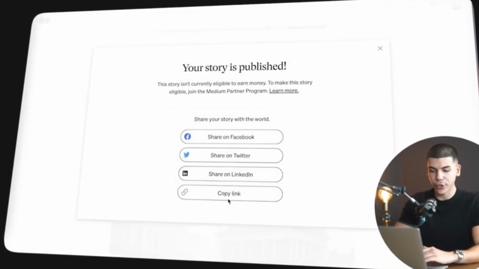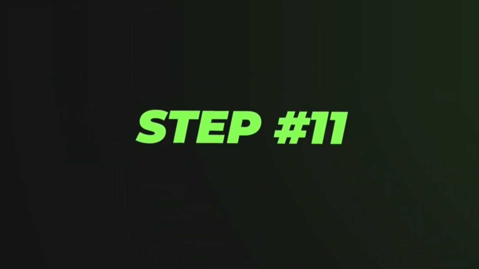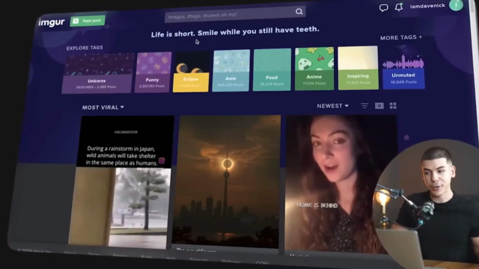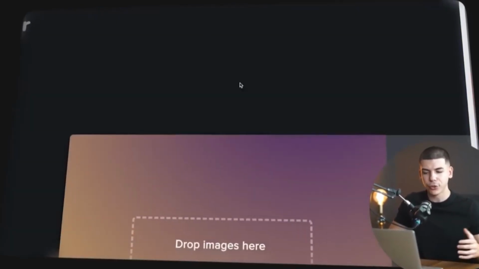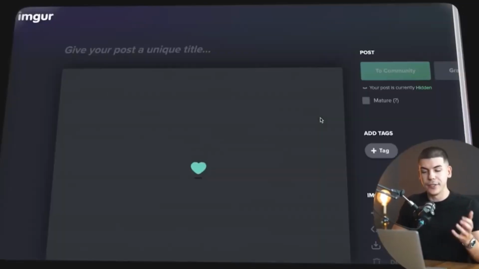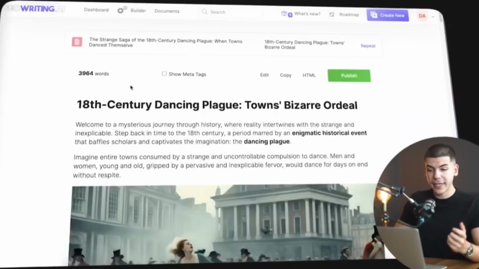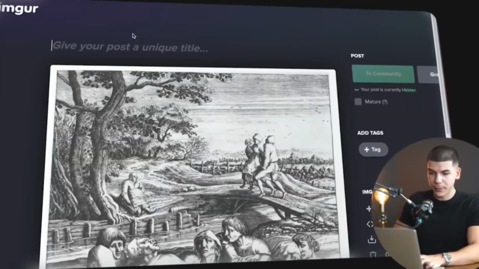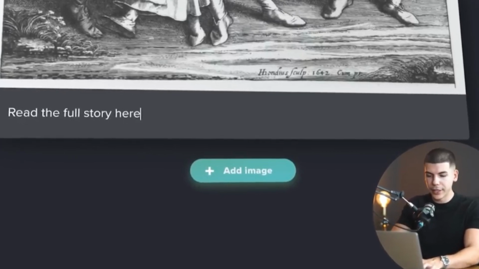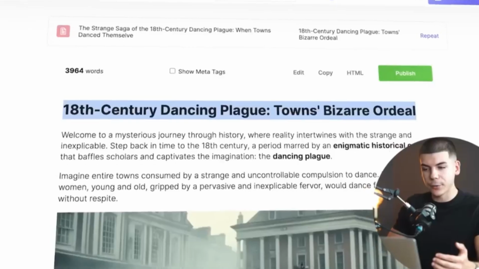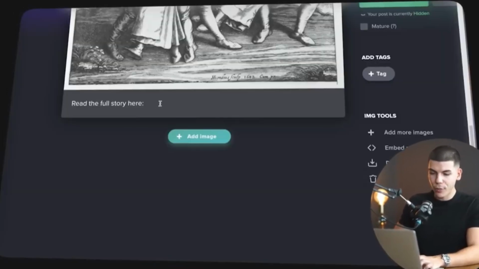As you publish that, you want to copy the link to the article, so just click on copy link. You can then go to imgur.com, where people are sharing different bizarre images and entertaining images, so you can just click on new post, and this is a platform with millions of users, so you can just upload the photo that you've downloaded from Google or you've generated with SEO writing AI. You would take the title again, so we just copy and paste the title here, and you can just say read the full story here, and you can copy and paste the link from Medium. So again, just click on these three dots and click on copy link,